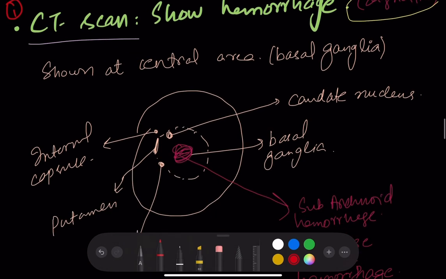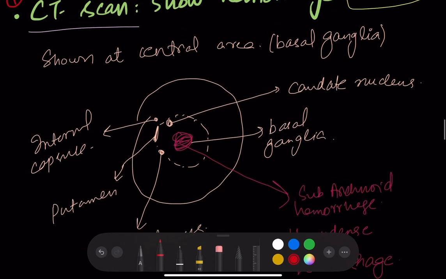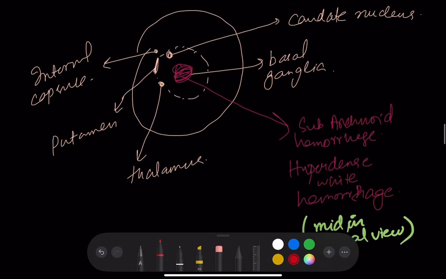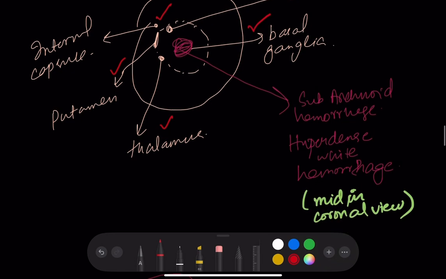This is a general picture of the CT scan. It is shown at the central area, the basal ganglia. So this is the internal capsule, this is the putamen, this is the thalamus, this is the caudate nucleus of the brain, and this is the basal ganglia. The subarachnoid hemorrhage occurs here. That is, hyperdense white hemorrhage will be